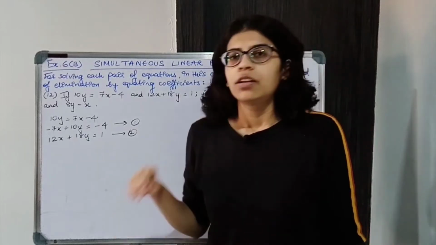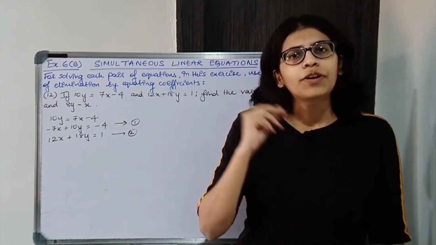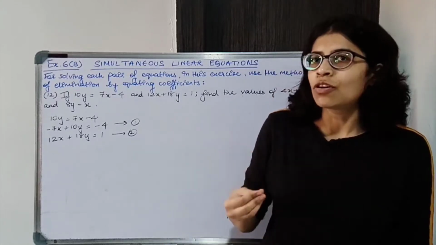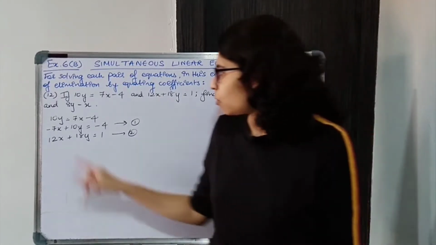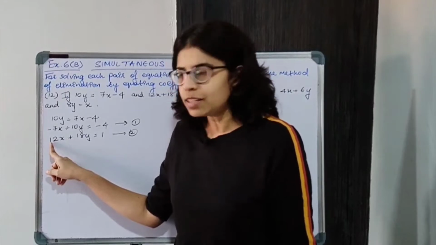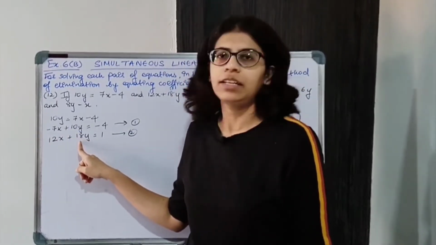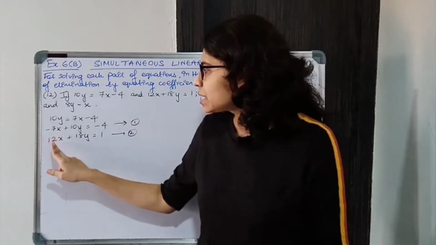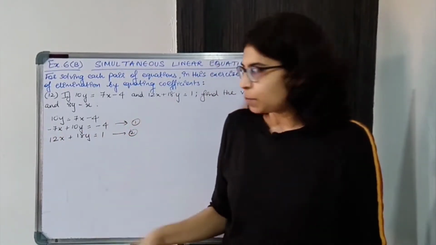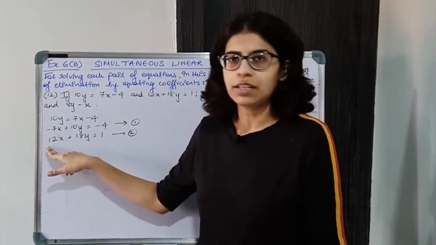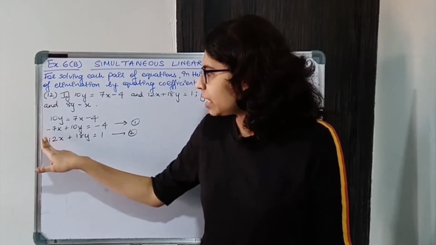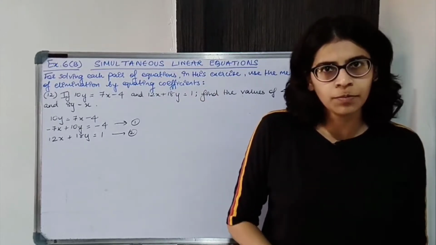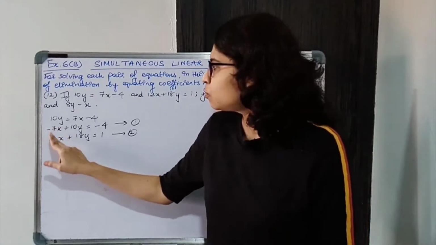Now second step, we will make the coefficients equal. First check if they are already equal, good, but if they are not, you have to make them. So x का 7 and 12 है and यहाँ पे y का 10 and 18 है. So it depends which one you want to make equal. I'll be making x का equal. Why? Because यहाँ पे x का signs opposite है. एक negative है, एक positive है. So I just need to add the equations to cancel it out. So I will be making these two equal.